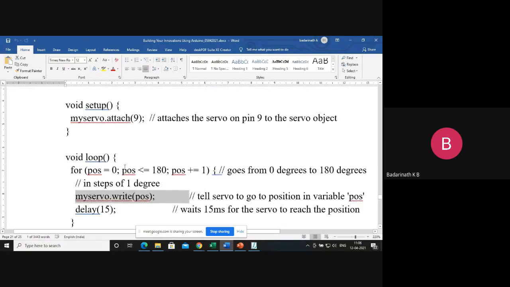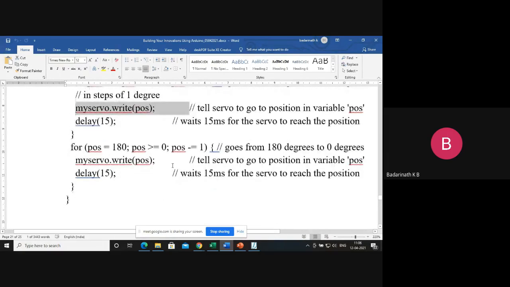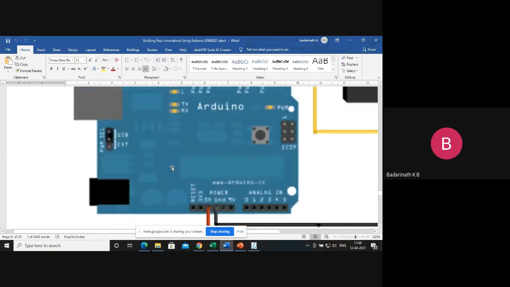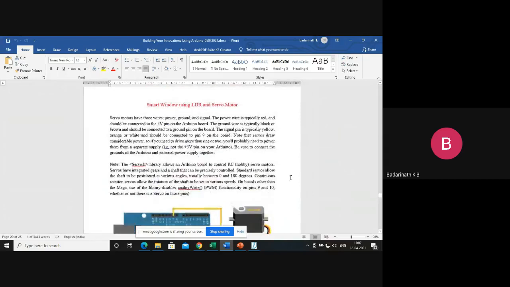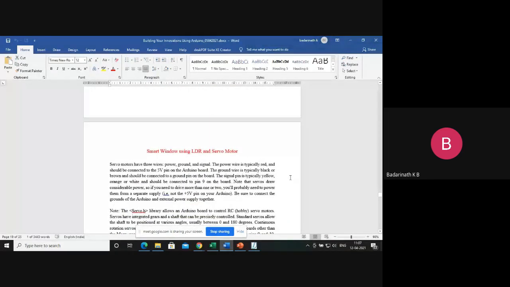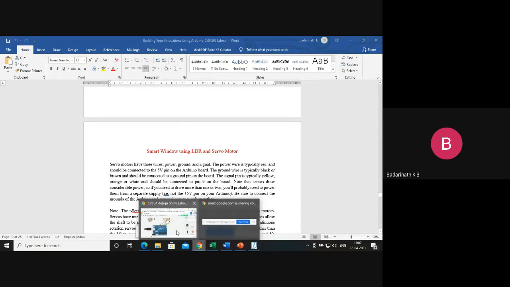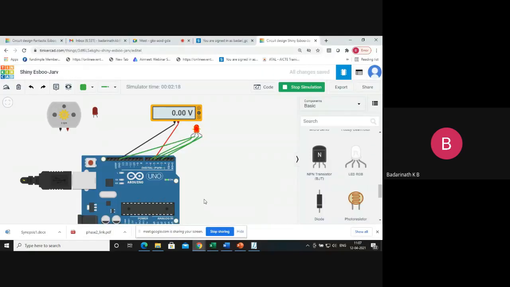So I just moved in the clockwise direction 0 to 180 degrees and then rotated back from 180 degrees to 0 degrees. Again, more details about these types of motors, how this works, what is the internal architecture, everything, we will study in unit 4 with the ARM microcontrollers. So these are the 2 applications. I recommend you work on the Arduino board and make all the projects given in the notes, so that you can build any project in your life in the future using Arduino boards. So this completes today's discussion on the last topic of Arduino. In the next class, we start with the RPi, ThingSpeak cloud. If any doubt is there, you can raise the doubt.